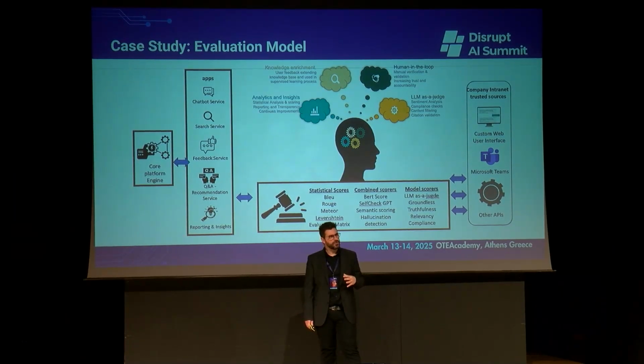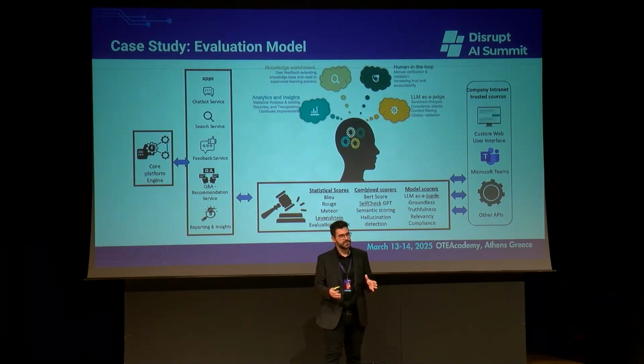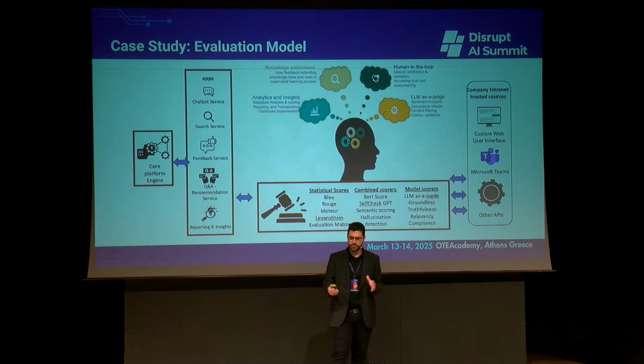So the evaluation model and some details about it. On the right are the users that are accessing the system. They can access the system through different channels. A few of the channels are mentioned here, but there are a lot of channels used as an API. So this system is injected into any system that can have an interaction with an API, but also systems available through a dedicated portal, or with Teams, or in the intranet, or in the search of the intranet. Someone can start accessing the data of the system.